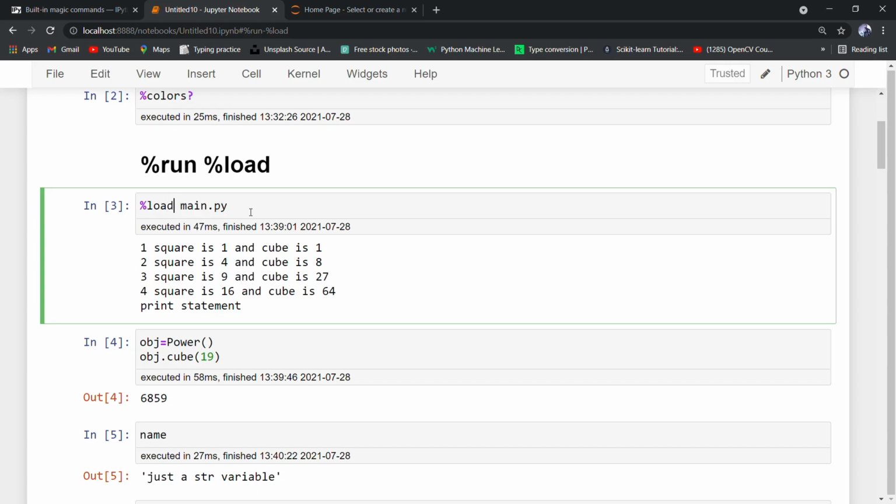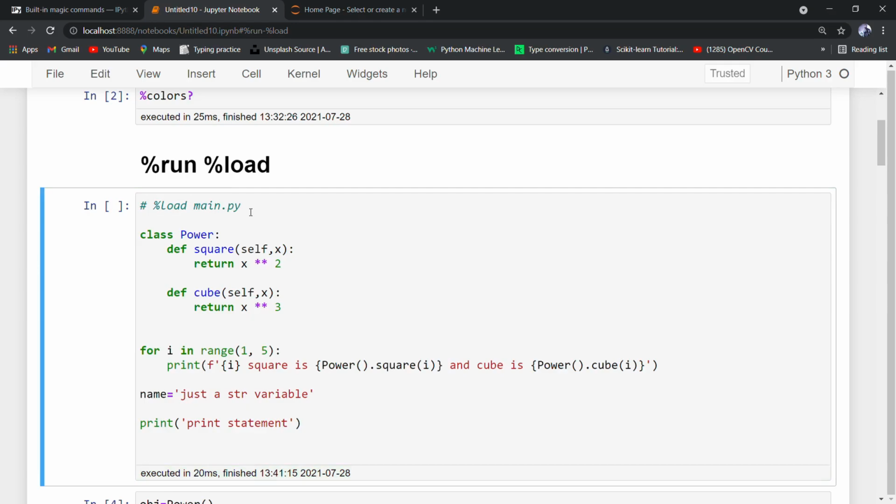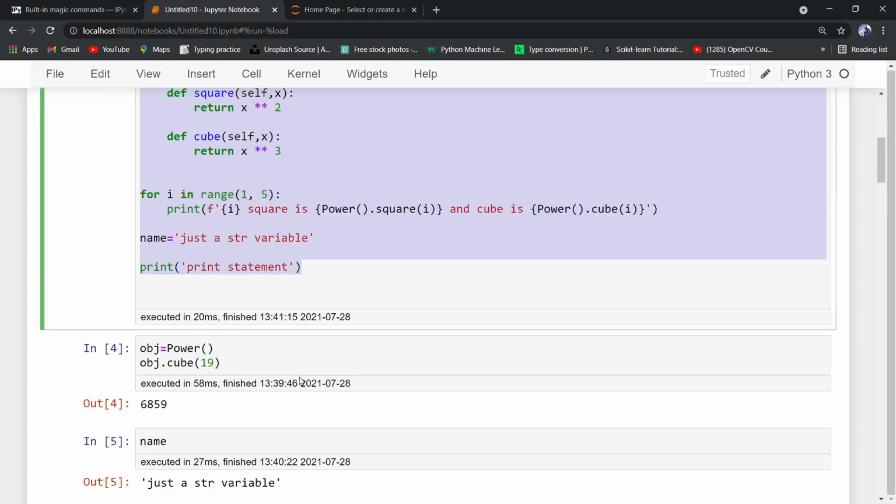So let's run the cell. Here we can see that the first line gets commented out. This comes in very handy because when we create our data science project in Jupyter, we have to import a set of particular libraries like NumPy, Pandas, Matplotlib, Seaborn, or sometimes Plotly. This makes our task very easy, as we just have to create a file with these imports and then import it using the load magic function.